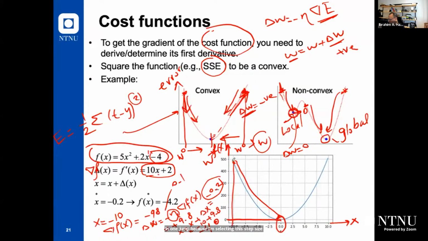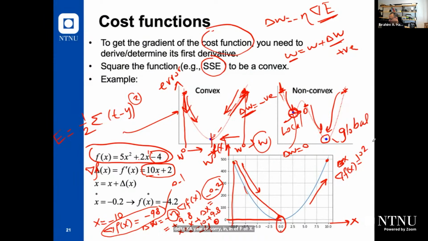So we're starting from that point. So we will move in the direction which will increase x, right? Because you see the gradient here, the gradient was negative. But if you are here, for example, the gradient here is positive, correct? So if we select this point as a starting point, which is 10, we will find the gradient at that point. It will be 10 times 10, 100 plus 2. So the gradient of f of x will be